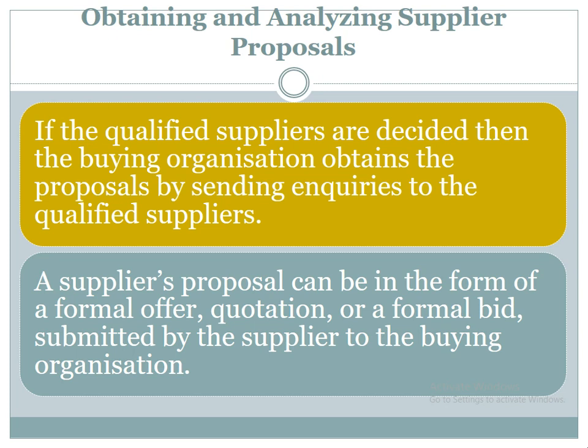For purchases of routine products or routine services, the stage 4, that is the previous stage, and this stage may occur simultaneously, like searching the qualified suppliers and obtaining and analyzing the supplier proposals may happen simultaneously if routine types of products and services are to be purchased, as buyers may contact the qualified suppliers to get the latest information on the prices and delivery periods.